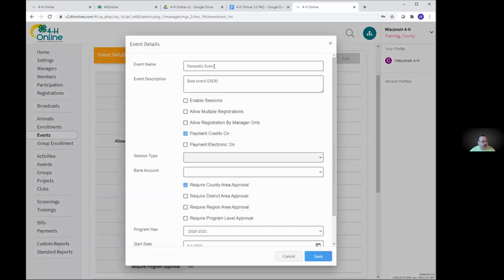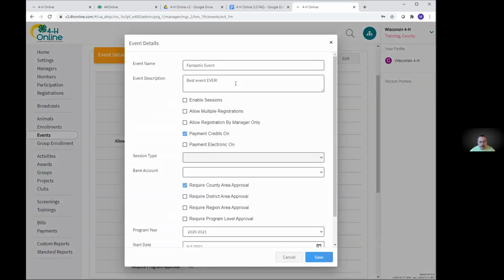So on edit, we can change the event name still. We can still update the event description. So you don't have to have that finalized before you get started. Different options we have here is enable sessions. I recommend not turning on sessions right now, just because there are some bugs in there, and it has to do with sometimes reports can't be generated. There's problems with who can see different questions based upon this. So for now, let's just leave sessions alone.